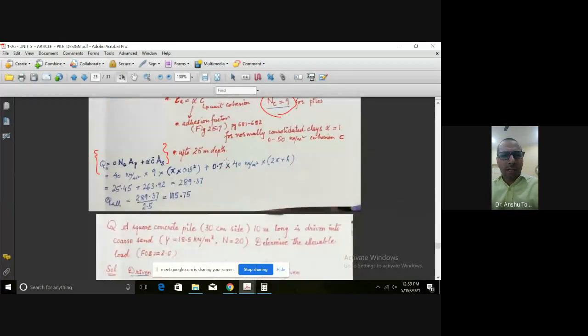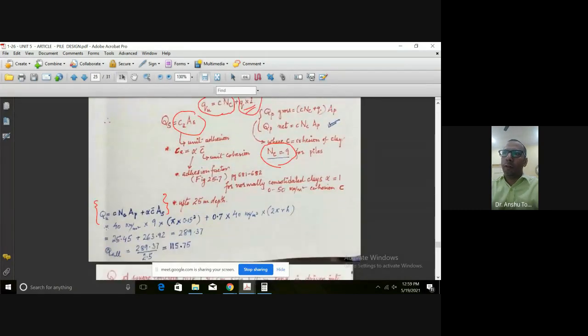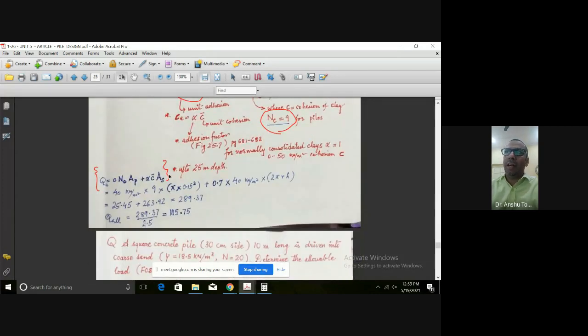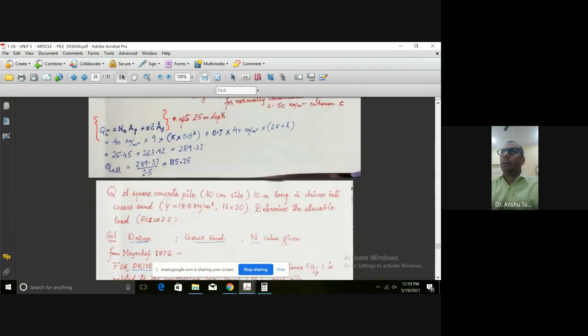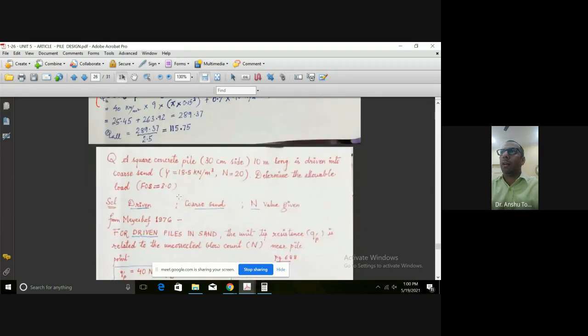So whenever clay is there in the question and it is a driven pile, this particular formula is what we are going to use, and Nc, Ap and As we know. C is going to be given, or if it is not given, we have to evaluate it based upon the unit weight, and you can also find the critical depth in a similar way.